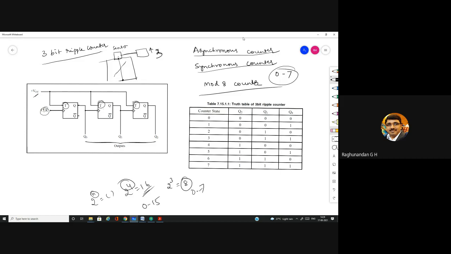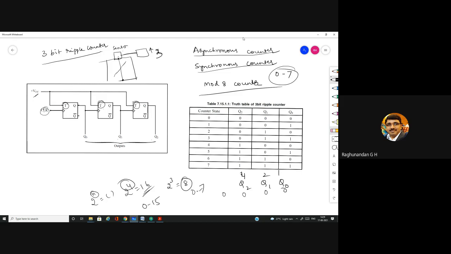In this, you can see that the clock pulse is given to the first T flip-flop, and the output of this is fed as the clock to the next, and the output of this is fed as the clock to the next, and finally these are the outputs Q0, Q1, Q2. So initially when Q2, Q1, Q0 is 0, that indicates the count value is 0. Q2, Q1, Q0 is in the state of 421 code. For 0, the equivalent value is 0, 0, 0. It is going to give 0, 0, 0. That indicates the count value is 0.